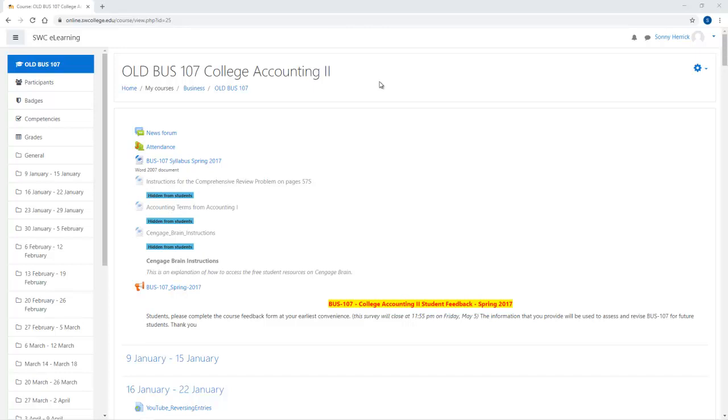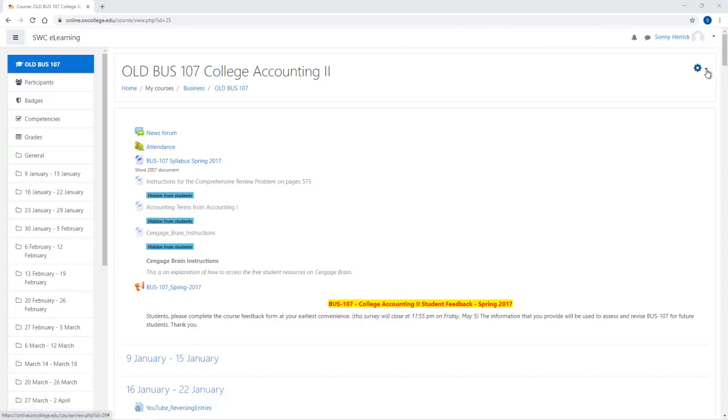Now, at the beginning of the semester, the first thing I encounter is a lot of students contacting me wondering why they're still showing up in old courses. And that's something that the instructor should do at the end of the semester. When he's sure that all the grades are in and everything's intact, he should clear the old students off his previous courses, because they show up and they see them and they wonder why they're enrolled in this course or that course. So what you need to do, first of all,